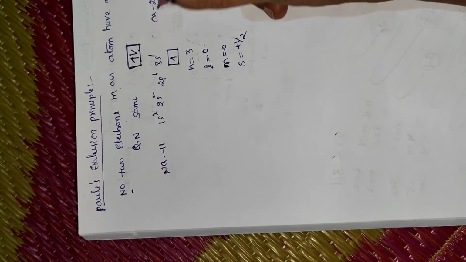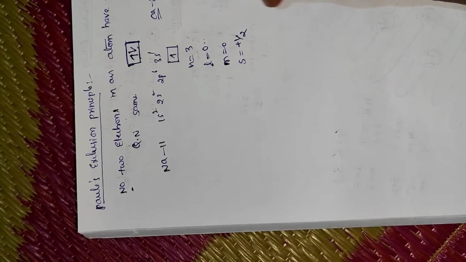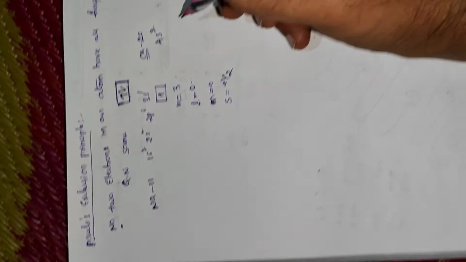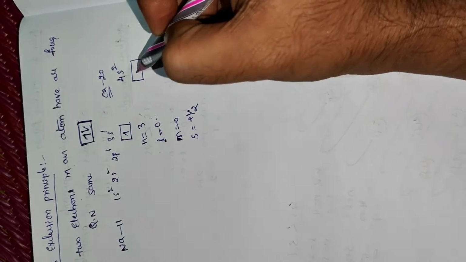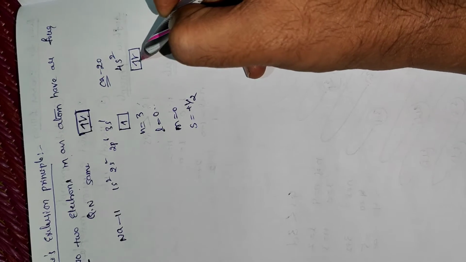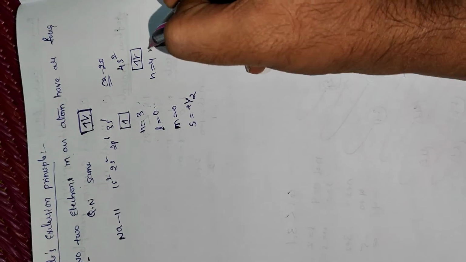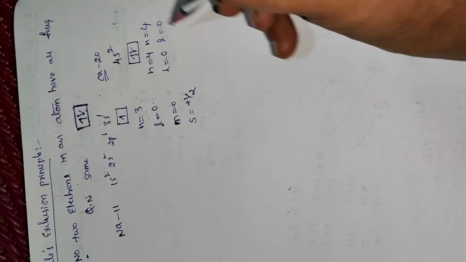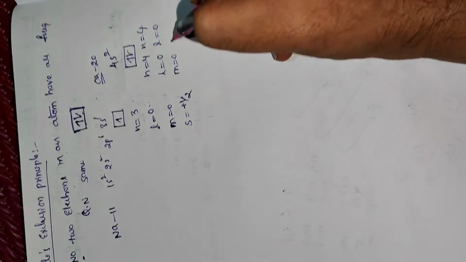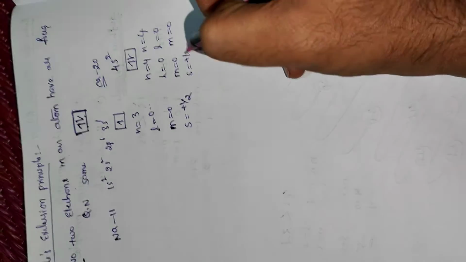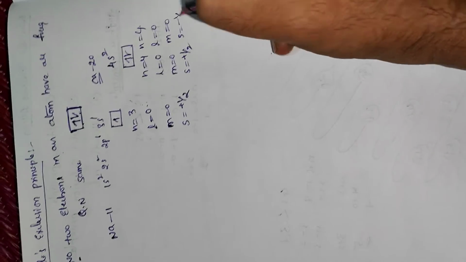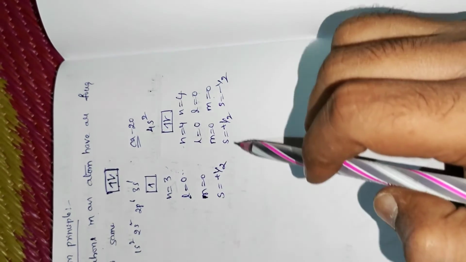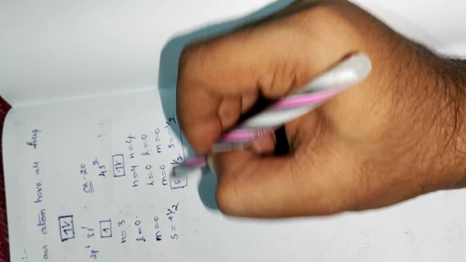Calcium we can take, atomic number 20. Outermost electron, what is that? 1s2, 2s2, 2p6, 3s2, 3p6, 4s2 we will get. The outermost electrons are in 4s2. In the 4s orbital, we have 2 electrons. For the first electron, n is equal to 4, and for this electron also n is equal to 4. For s, l is equal to 0 for both. The m value is 0 since l is 0. But the spin value is plus one-half for this electron and minus one-half for this one. See here, this is the same, this is the same, but the spin must and should be different. That is the only condition here.